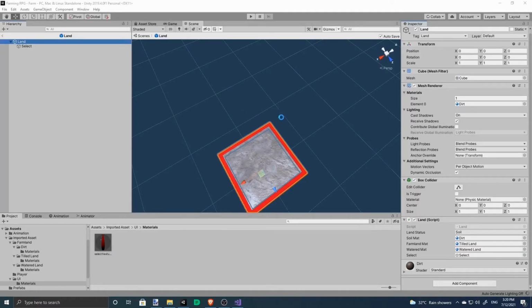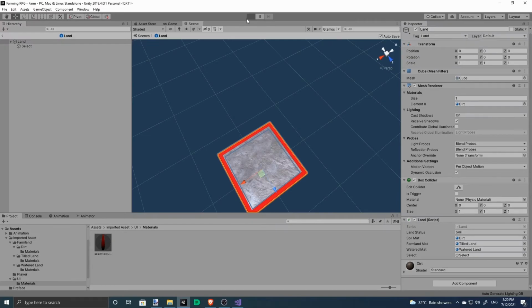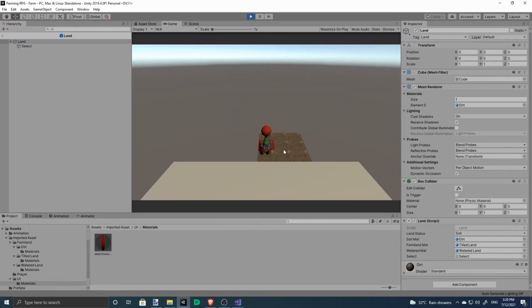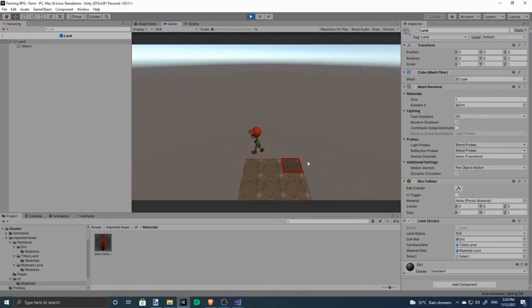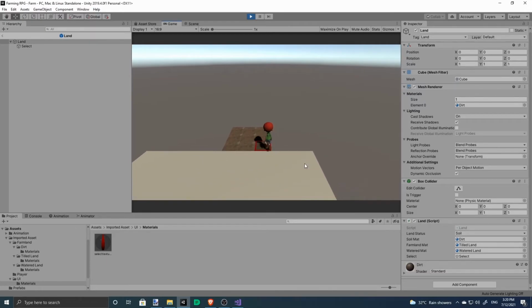So this way you can just leave it on just to preview. Okay. More or less works.